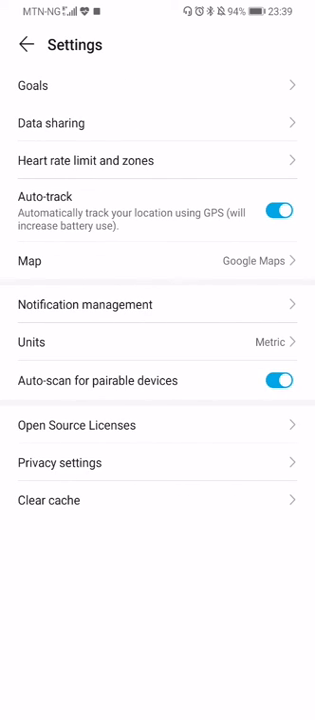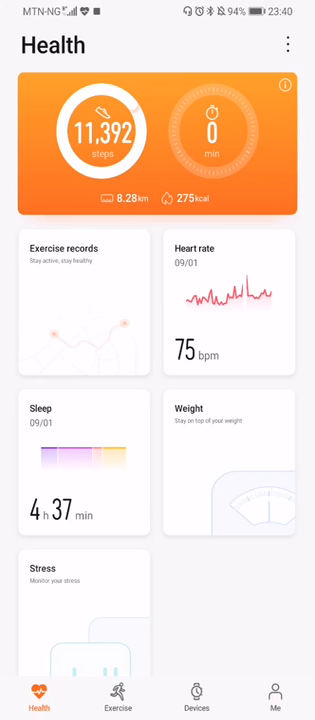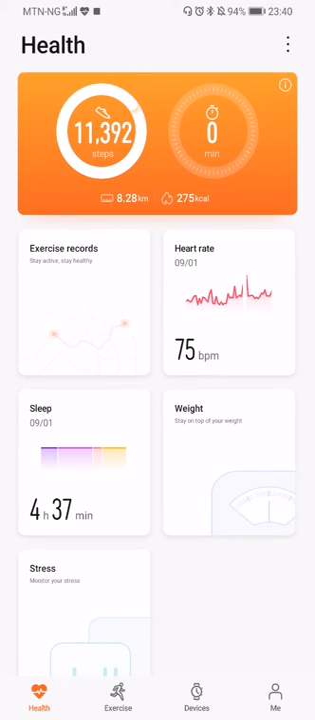settings. You can manage other things on the watch. So if you tap here, you go back to the home screen where other things are displayed. So basically, this is how the Huawei Health app is, and